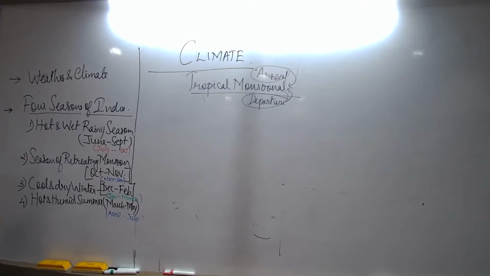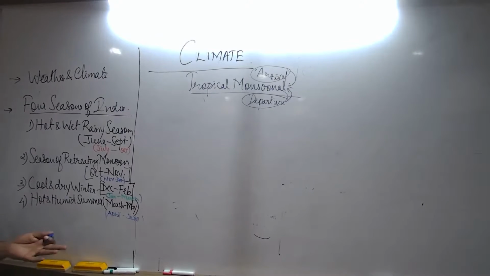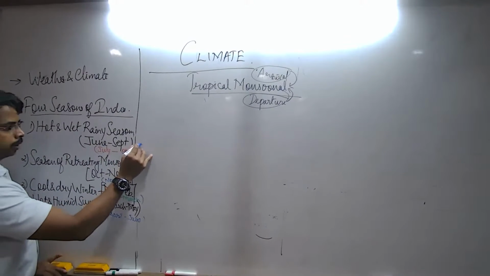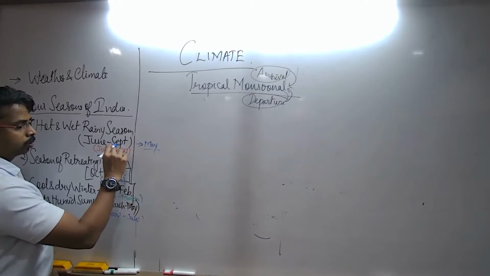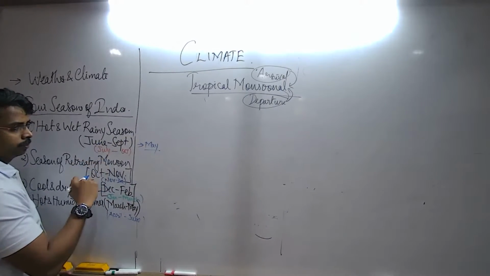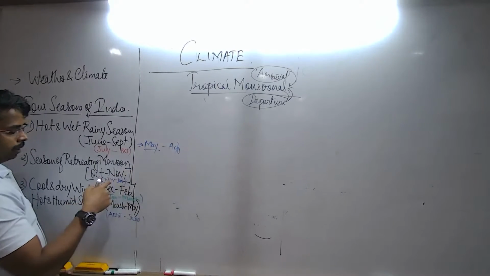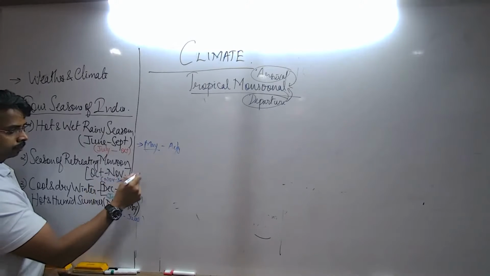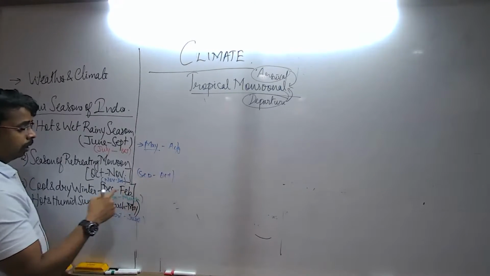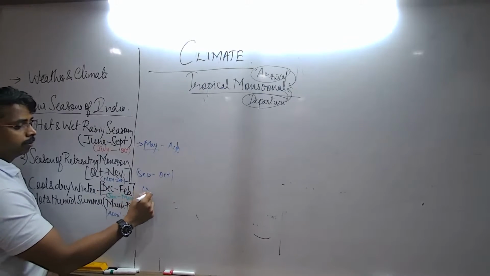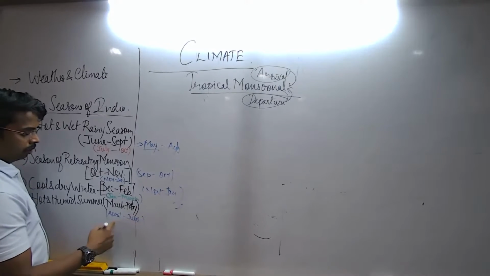Somebody asked me, sir, it is only if it is coming late. If it is coming early, same problem. June, it starts in the last week of May only. Last week of May. So instead of September, it will be August. Then here, October. Here, November to January. Then here,